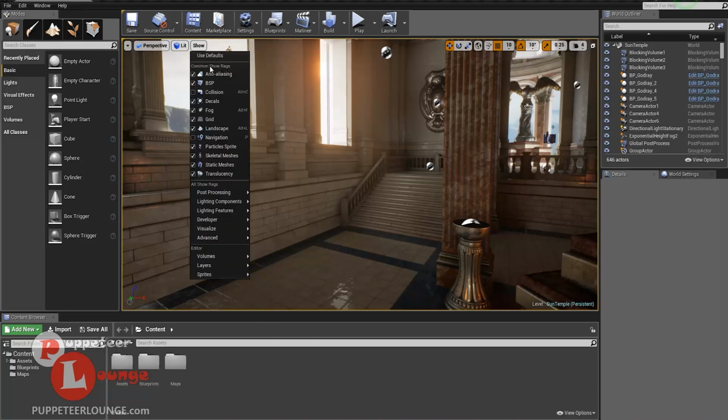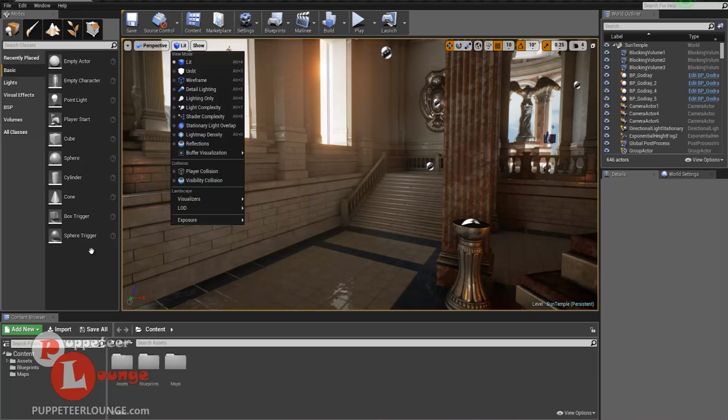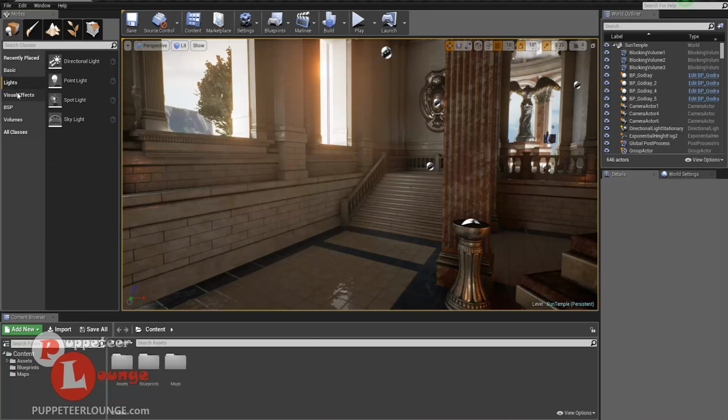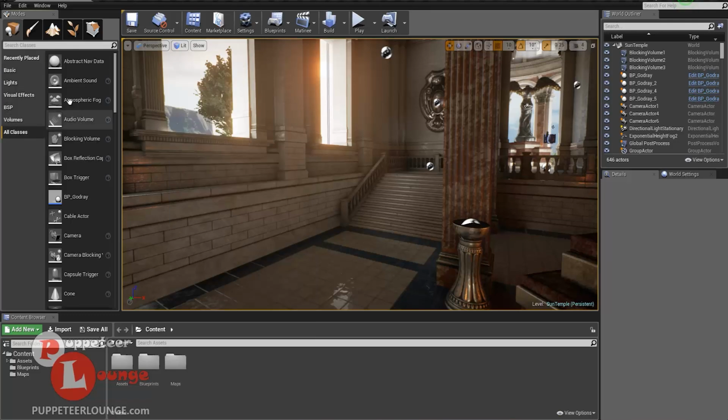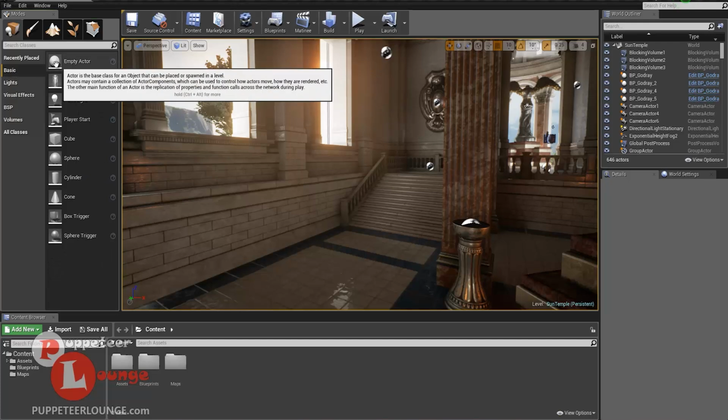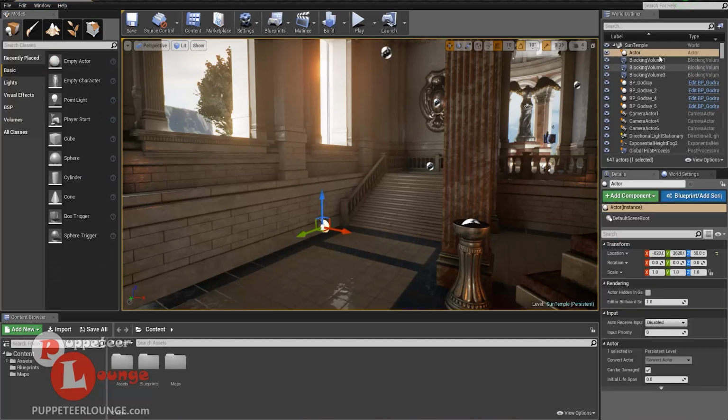We can control the amount of anti-aliasing and the viewport stuff, like post-processing, all controlled based on your GPU. There are also some tools and elements that you can grab and drop, basically lights and everything, visual effects. You have all these classes bundled here. You can bring one in and just drop it in the scene, and you can see it pops up in the outliner view. Then you have these gizmos that you can control, basically just like Maya. You have E for rotation, R for scaling,